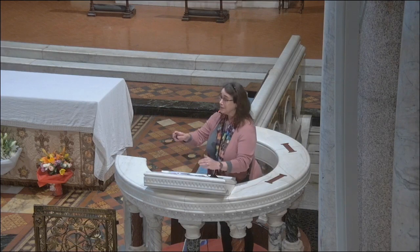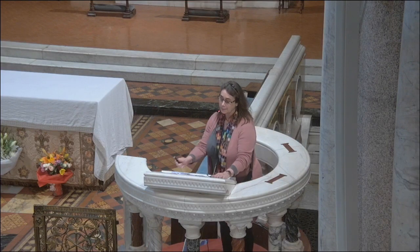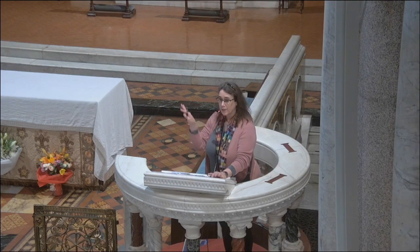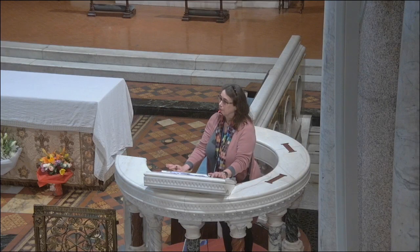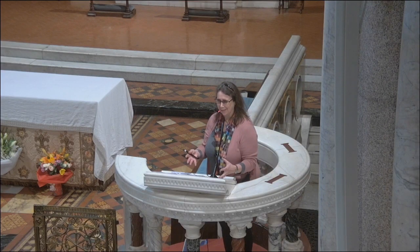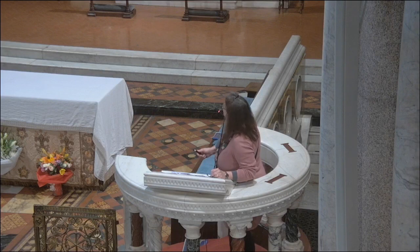Moving downward then to the rounded arch form that you see, we're seeing Christ enthroned in the heavenly Jerusalem in the upper section. And so this rounded section, the apse, again following architectural ecclesial tradition, we have, in a sense, the most holy space being indicated by that rounded space at the end of the church. And we see Christ enthroned, referencing the book of Revelation as an example, in the center. And you'll see the figure of Christ here